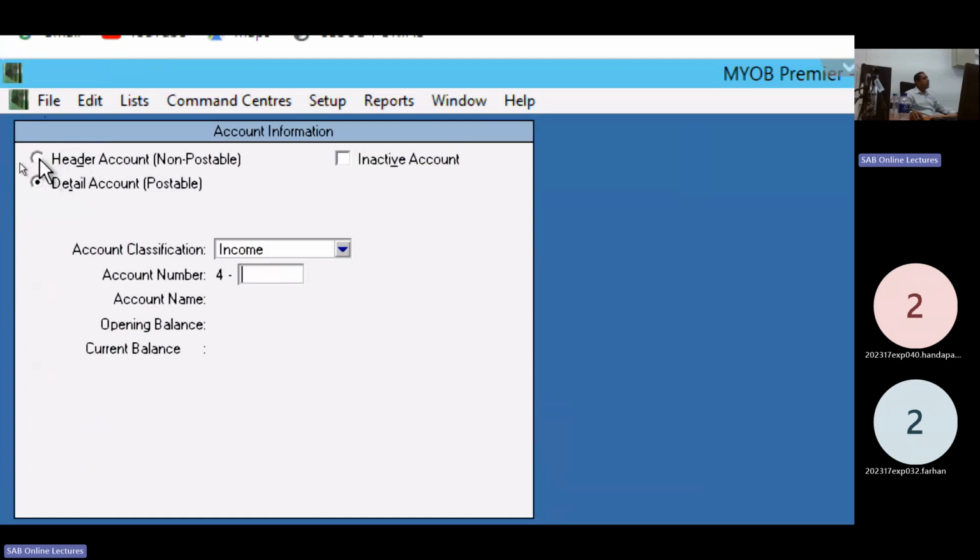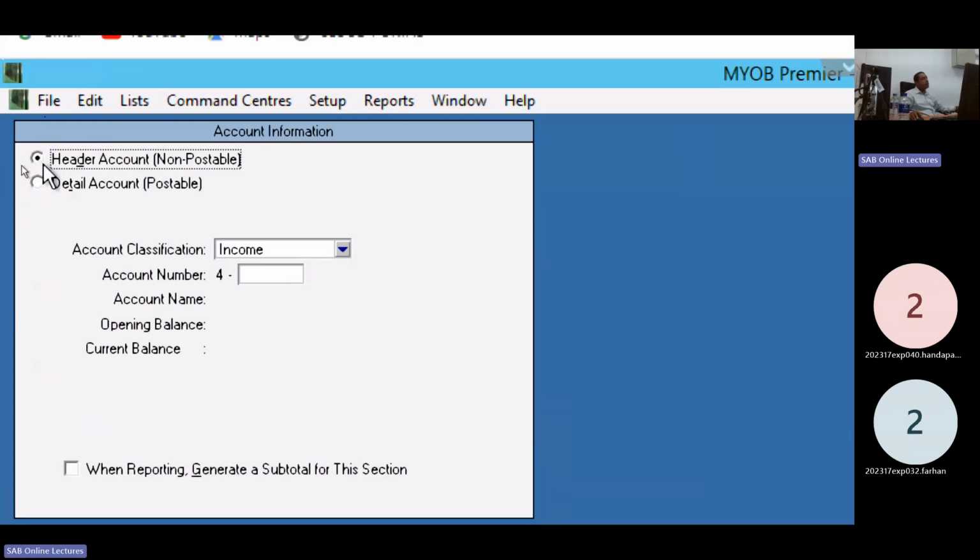Select header account non-postable here. If you select detailed account, active and inactive functions are there. I think all of you are working in the industry. If you select the header account, neither active nor inactive, then automatically it will display.